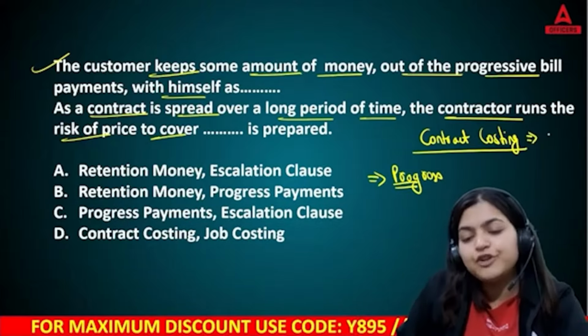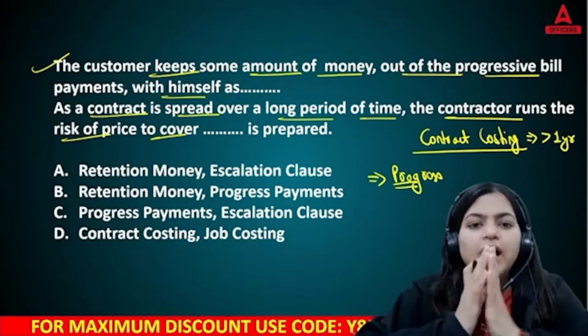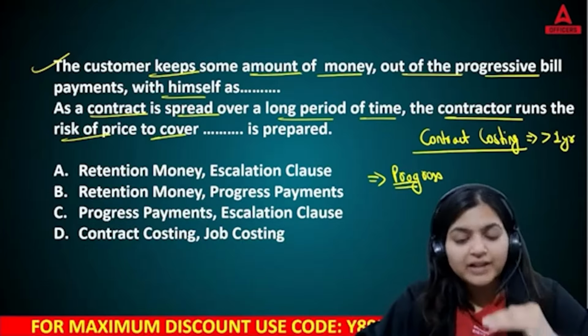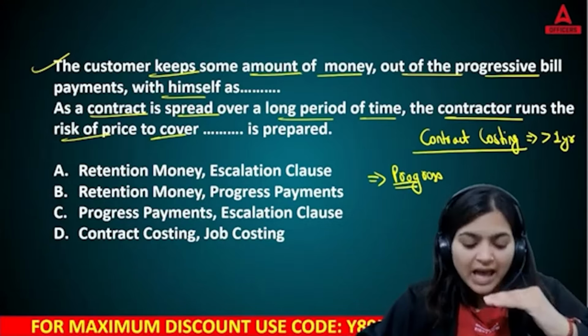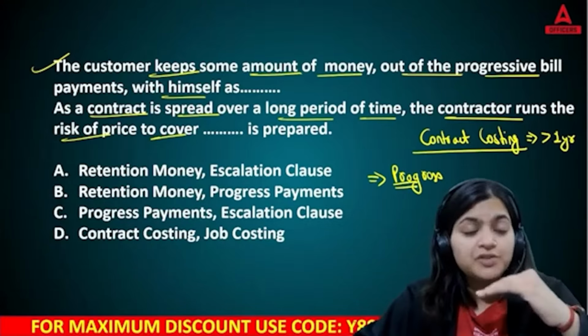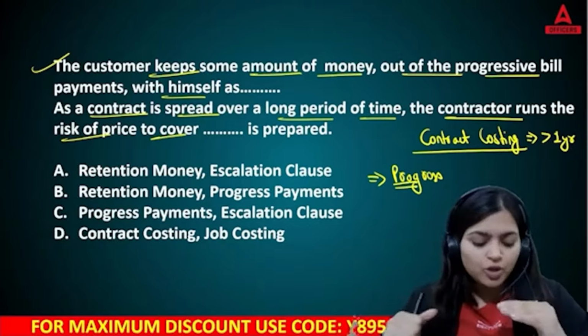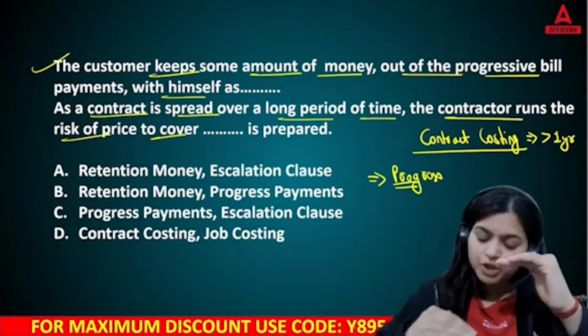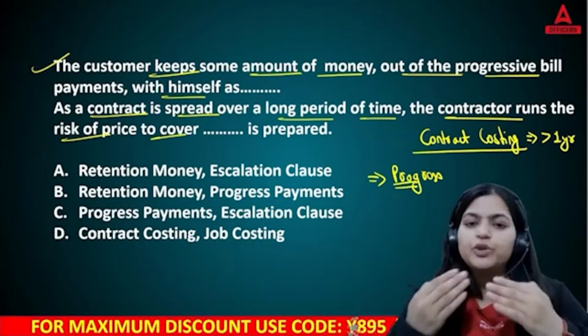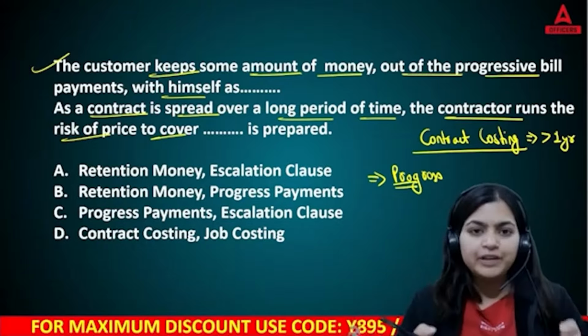Progress payment means your contractor will construct your building, and as soon as he constructs it, you are liable to make the payment. As a customer, you need to make the payment. You will not wait till the end of the contract. Your contractor is making that building, and you need to pay accordingly. That is up to your agreement, monthly, quarterly, weekly, however you are going to make the payment. So he will construct, let's say, the ground floor, and you need to pay the ground floor amount. He constructs the first floor, you need to pay the first floor amount. Second floor amount.